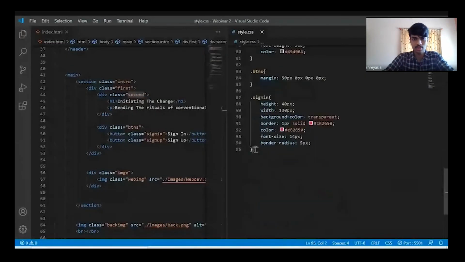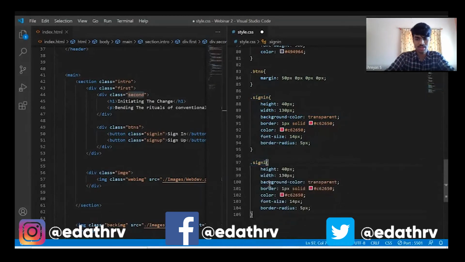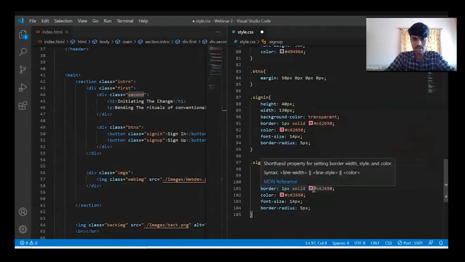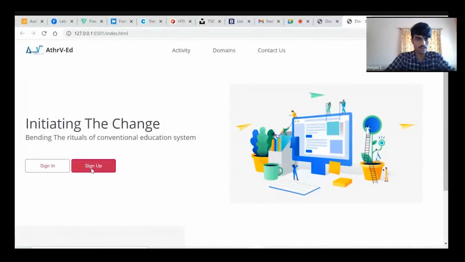So let's do the same thing for another button, but this time I'll do it as a filled button. The only thing that will be different is that now I should change the class name because it is a different class name. So styling is different. I'll make sign up. I don't want the background as transparent, so I'll take this color and add it to this. So the background is filled. Now even the font color is the same, so let me change it to white. I'll change it to white and let the border be. It won't be visible. Okay, that's it. Only two changes. So now this change has been applied. This is the fill type and this is the empty type. All the properties have been applied. Even the image has been applied.